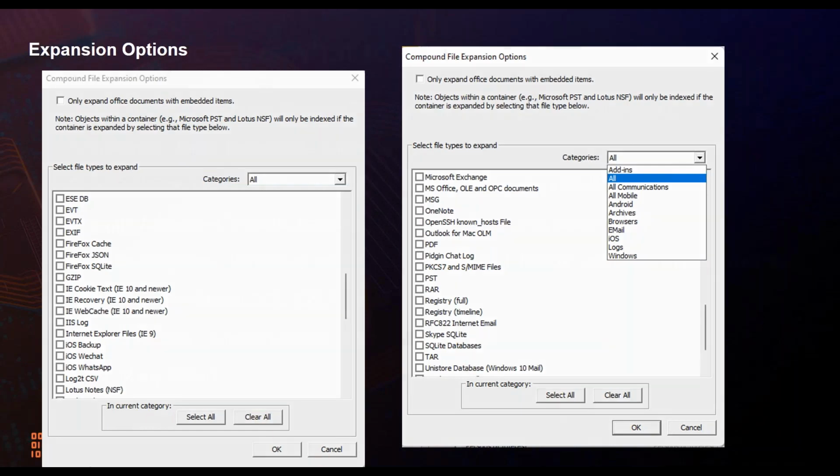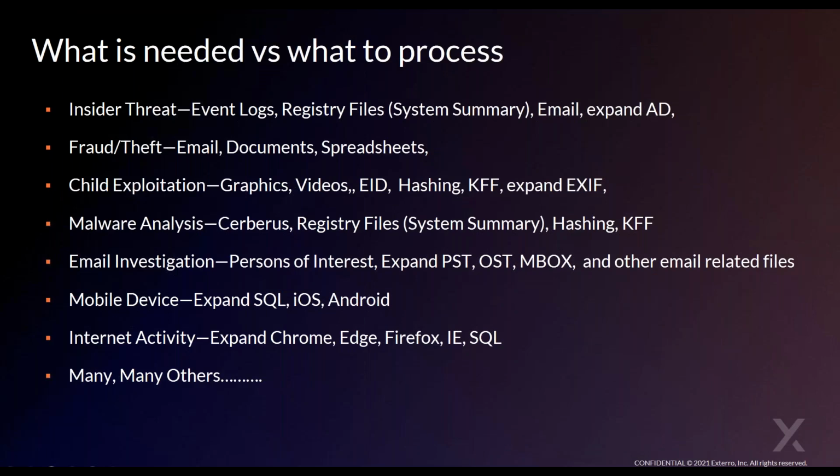Go over here. So let's look at what's needed, like I said before, and what you have to process. Here are some ideas. I just threw this together, but what kind of things do we need to process, and what kind of cases are we working? Are we doing an insider threat? I already talked a little bit about that. These different types, but maybe all I need is event logs and some registry files and some email,